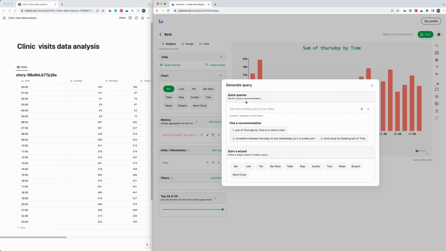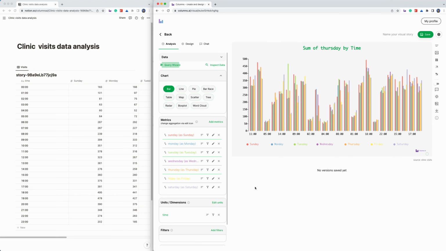So I pop up the query wizard and I can ask columns. For example, I say from Sunday to Saturday, basically the whole week, by time column, which is hour, and just enter. The system is trying to understand the query and pops up all the weekdays for me, right? Sunday, Monday, Tuesday, Wednesday, Thursday, Friday, Saturday, from Sunday to Saturday. In this case, it generated a group